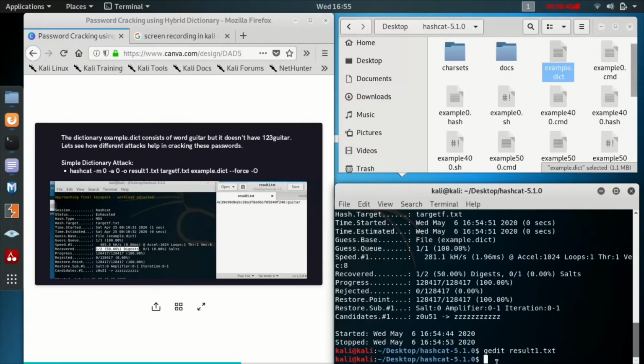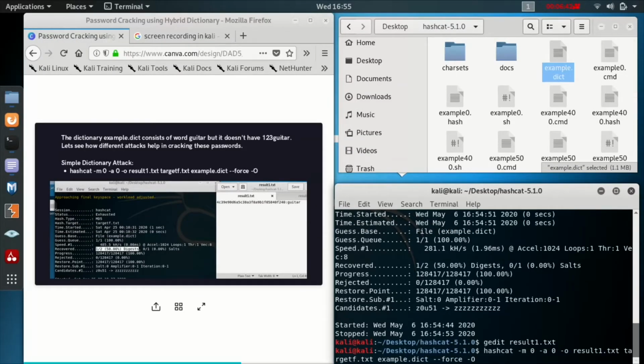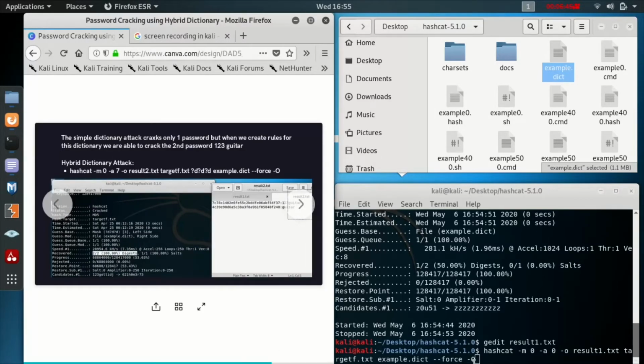Now to perform the next attack, that is the hybrid dictionary attack, we have to change it to A7. This will tell it to do the hybrid dictionary attack. We'll write it into another file, result2.txt, and target f.txt.